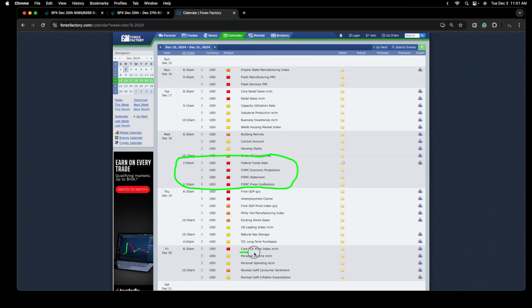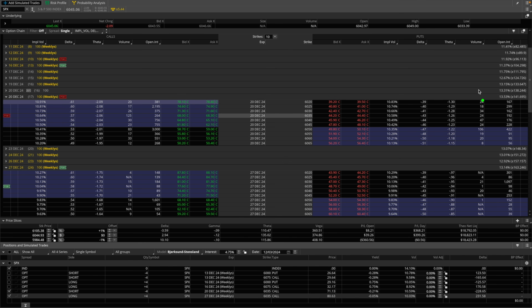We also have the core PCE numbers. We have some unemployment numbers. We have final GDP. We have some retail numbers. And we have the manufacturing PMI numbers. So a lot of catalysts for this week. That is going to explain why the implied volatility for this expiration is higher than the implied volatility for this